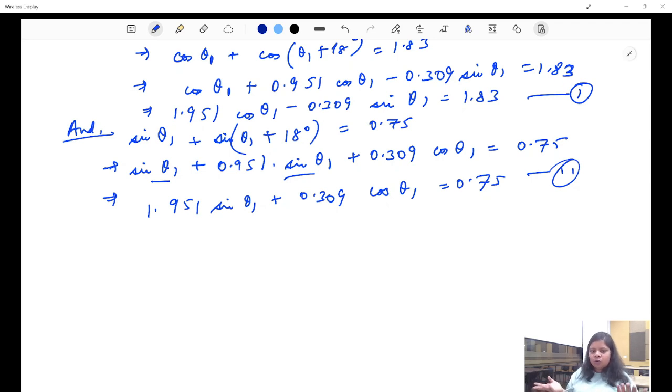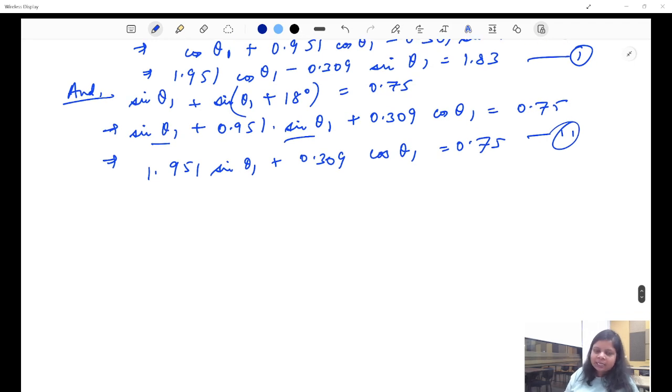So we just have to find cos theta 1 and sin theta 1. From any of them we'll be able to find theta 1. Okay, so I'll express it in matrix form. Another thing you can do is square and add. Okay, so from here we can write